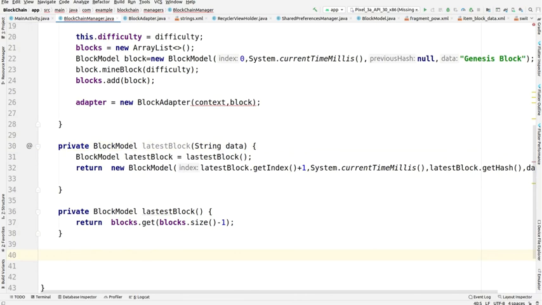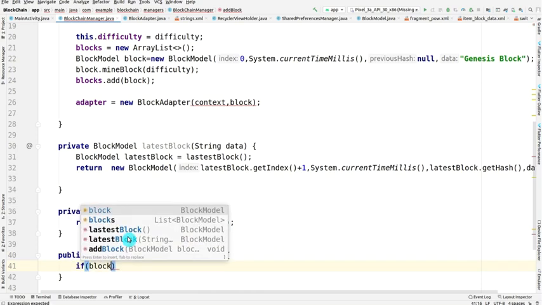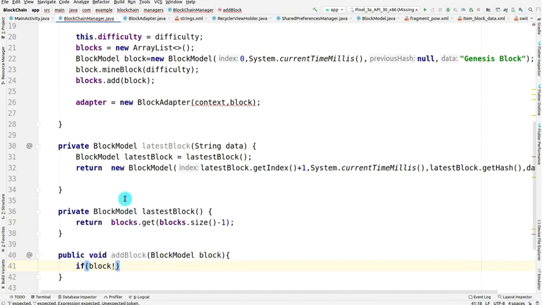And now we have to create one more function here, and it is named add block, and it is taking the parameter block model block as its name. And for now, within this add block function, we are checking the block is not equals to null.